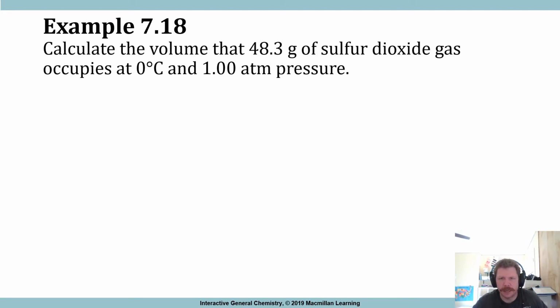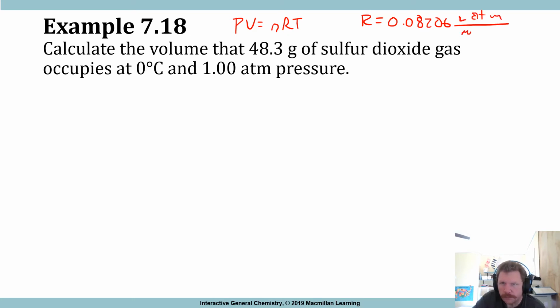Now, to get down to brass tacks with this, I'm going to start out with PV equals nRT. Now, R is equal to 0.08206 liters atmospheres per mole Kelvin. Calculate the volume. So what we're looking for is V equals question mark. That 48.3 grams of sulfur dioxide, what is that? That will be